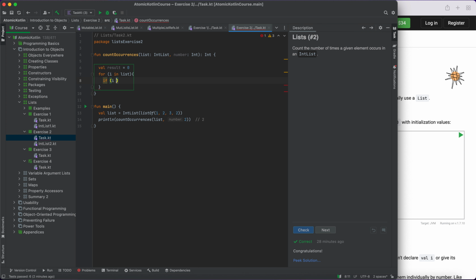So if i equals the number, then the result is incremented, and then you return the result. So that's it. It seems pretty simple guys. So what I do is instantiate a result variable, and then I loop through the entire list, and I check if this number, for example 1, equals the number that I provide, that is 2,